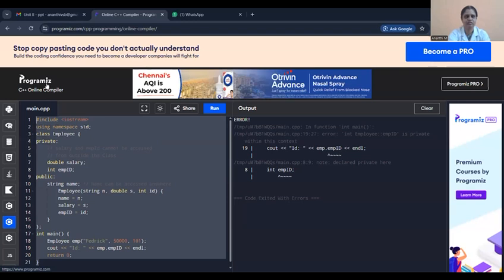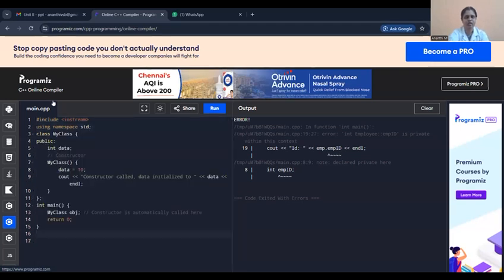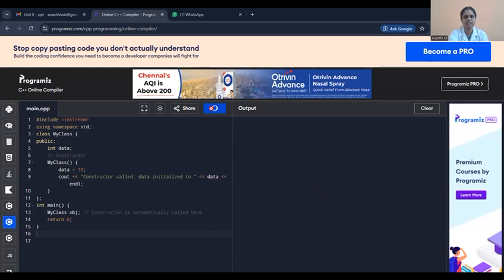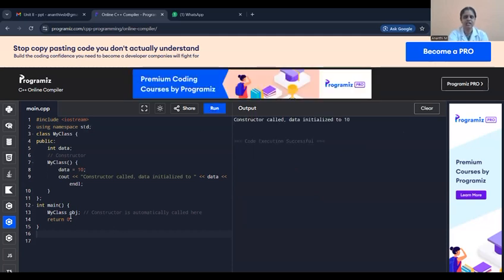So I'm going to copy this one, and I will show how this gets executed. We have not initialized or called any function. We just created an object here, and once an object is created, the constructor is automatically called and this function gets executed. So the value 10 is assigned to data, the constructor-called message, data initialized, will be printed, and the data value is printed as 10. Like this, the constructor concept gets executed.